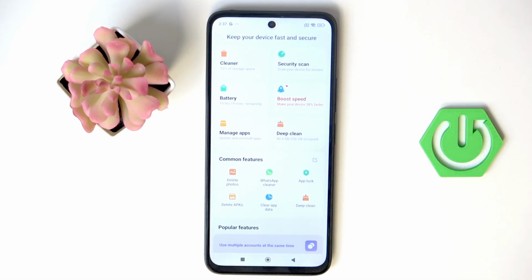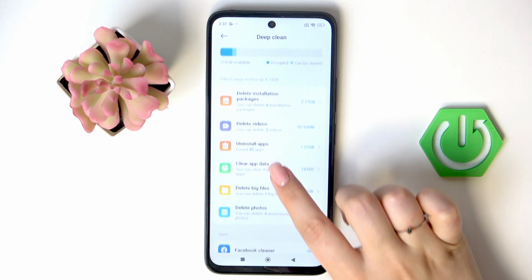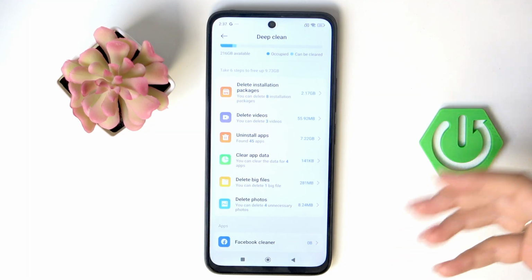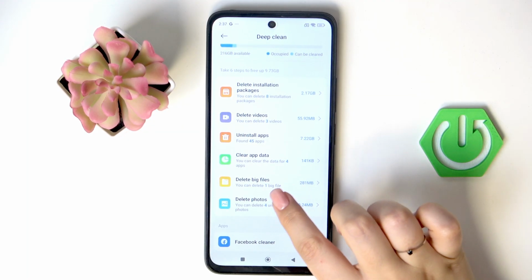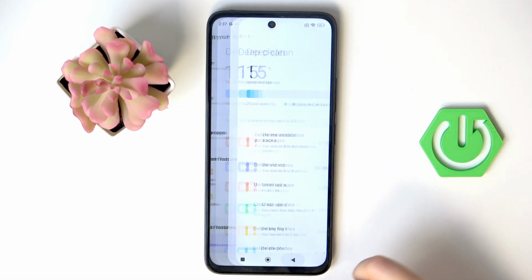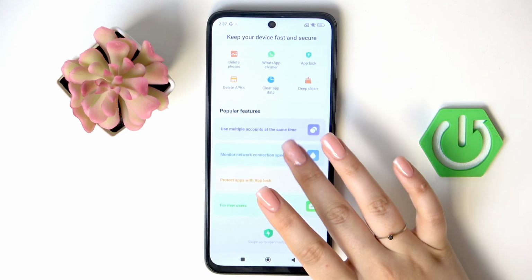Here we've got also the deep clean, so you can check what kind of things you can remove. Obviously we are ignoring the apps because we are trying to free up memory without uninstalling apps, etc. So I highly recommend to really check this section